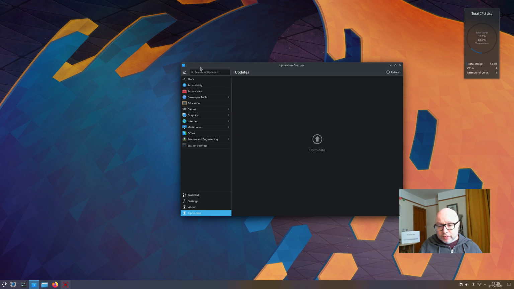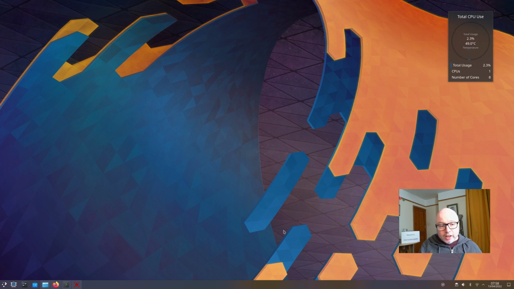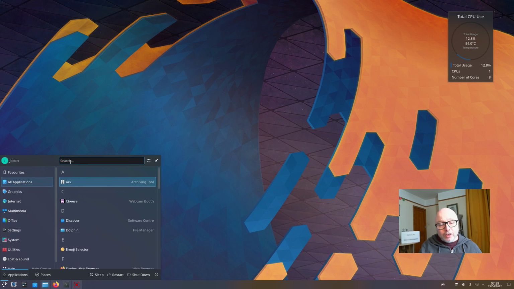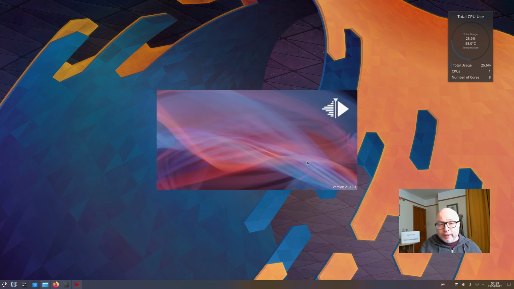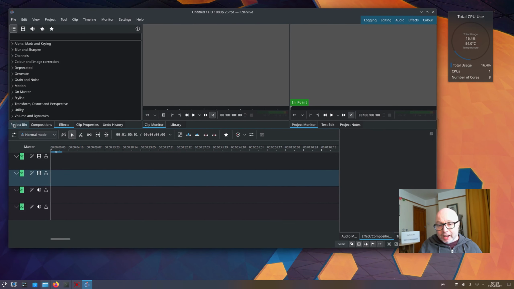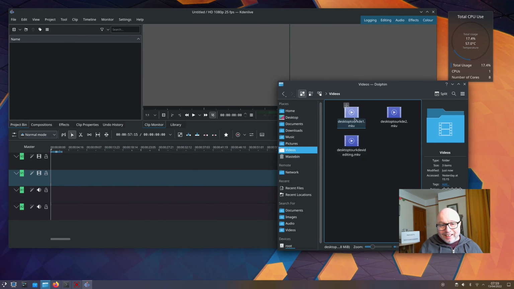Yeah, it works really well. Because this is KDE Neon, you do get the latest and greatest KDE apps, and of course you get the latest and greatest of Kdenlive, because Kdenlive, we sometimes forget, is provided by the KDE community. So I would be expecting Kdenlive to really run like the clappers here and be really super fast, and indeed